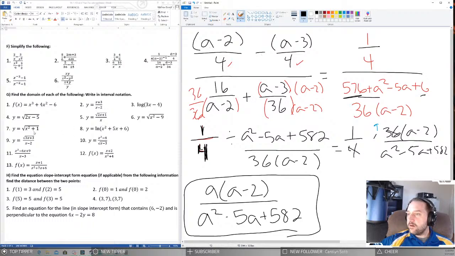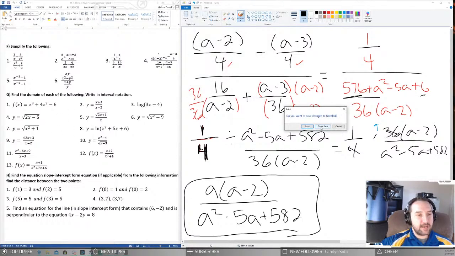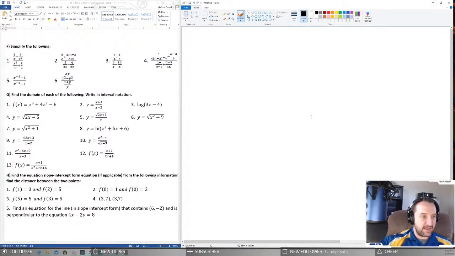So there's number 4. For number 5, I just want to show you guys how to set it up, and then I'm going to leave it at that, and I want you guys to try it out. So it says x to the negative third and then x to the negative second on the bottom, right? That means that we don't like those exponents. We do want to get rid of them. So we're going to write it as 1 over x to the third minus 1 over 1 over x squared